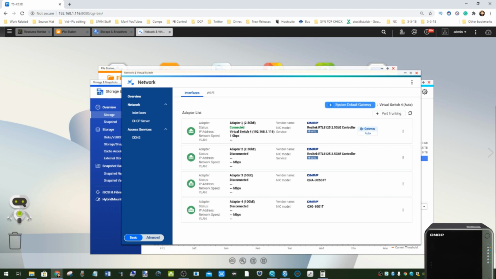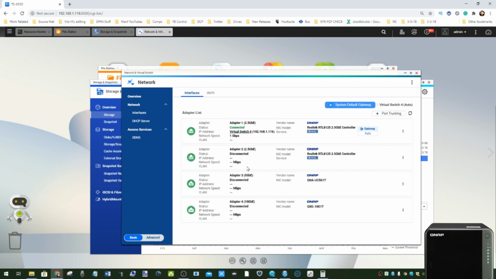And as you can see, we're connected via one of the two 2.5 GbE ports, but I have attached a 5 GbE adapter, the QNAP 5 GbE adapter to be precise, over USB, and I've added the 10 GbE card, and this is for a video coming very, very soon. But I thought I'd mention them just to highlight that this device arrives with 2.5 GbE ports by default,